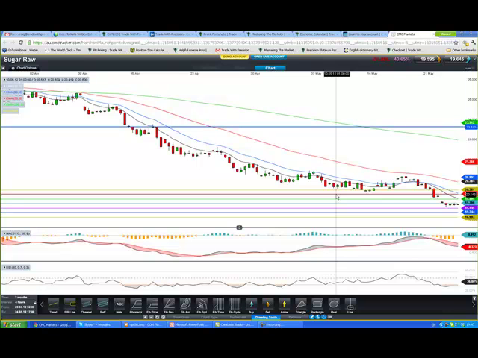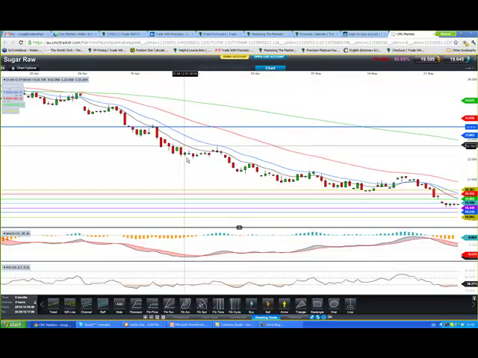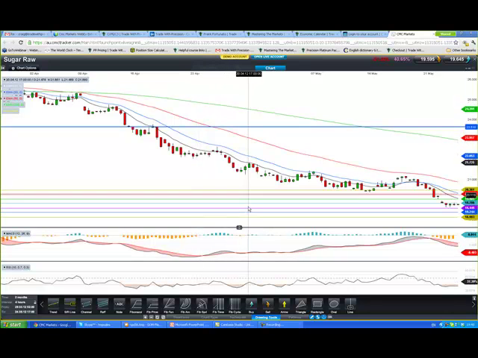So, how do I use the MACD and the RSI? In all honesty, I pretty much focus more on the MACD than the RSI, and I use it for what we call convergence and divergence. There's a lot of stuff on the internet about what convergence and divergence is. Go and have a read on it, but the easiest way to explain it is that I want the indicators doing the same as the trend. If the trend is making lower lows and lower highs, I want the indicators to be doing exactly the same thing. Now if you have a look here, here's a low on the indicator, new low, higher low on the indicator, new low, higher low on the indicator, new low, higher low on the indicator.